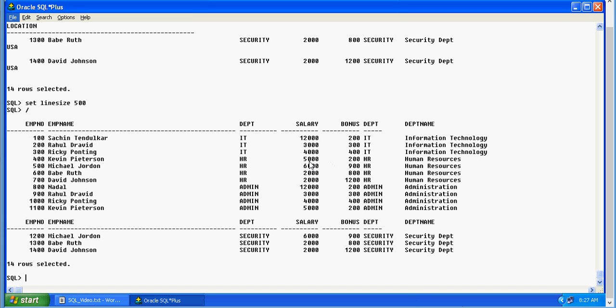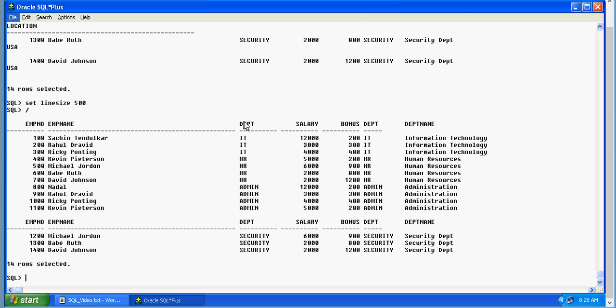But I want to select certain columns only. So I'm going to write a SQL to select employee number, employee name, department, department name and location. Let's see how to write it. So the query goes like this.